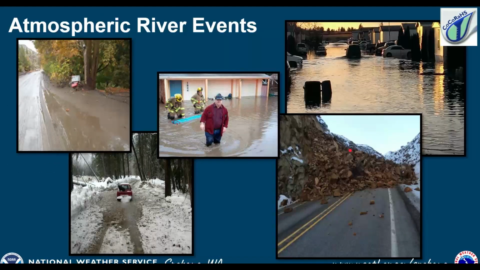So with this, these are when we get our flood events that lead to mudslides and rockslides and flooding that happens in a lot of our low-lying areas. And also ice jams happen with that, as we warm up so rapidly and we get some of the ice breaking up. So it can lead to a lot of precipitation in a short amount of time.